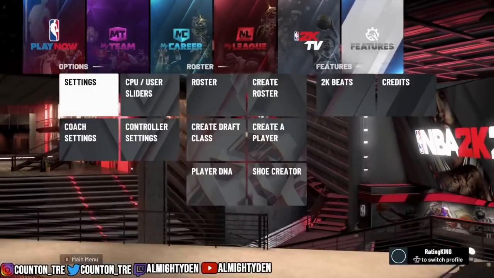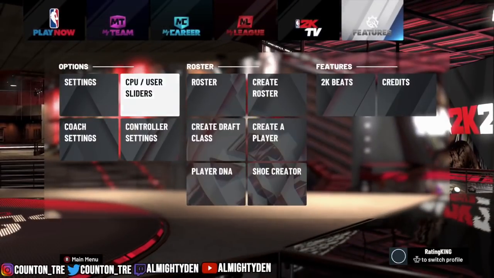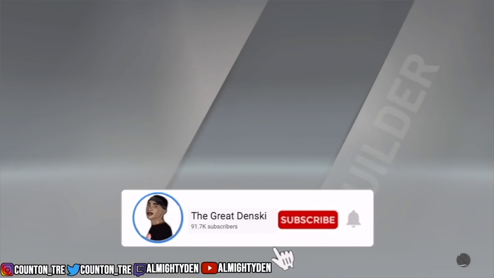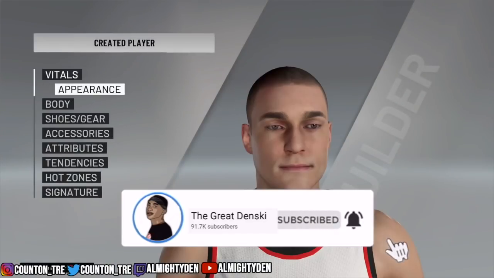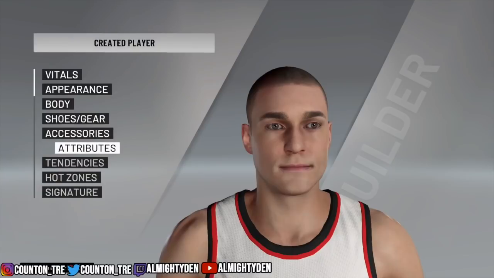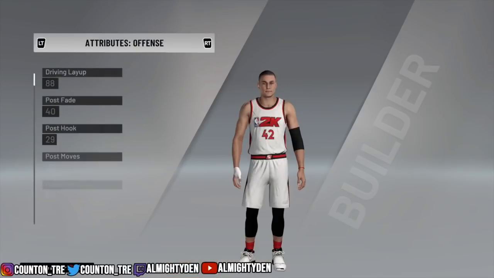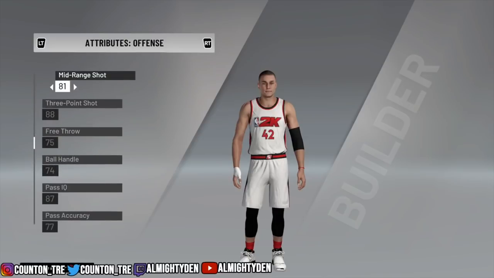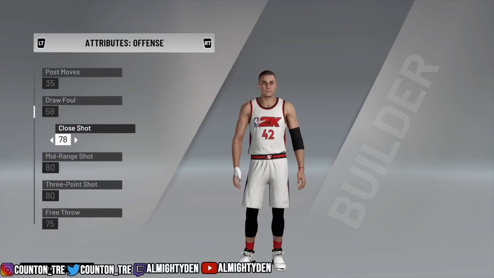Let's get it. Now, if you're serious about maybe what build you want to play with in NBA 2K21 and you want to already start thinking about it, this is perfect for you. You know what I'm saying? So you want to go to create a player. What creating a player allows you to do is put on any attributes, any badges, any animations without having to go through that My Career grind,